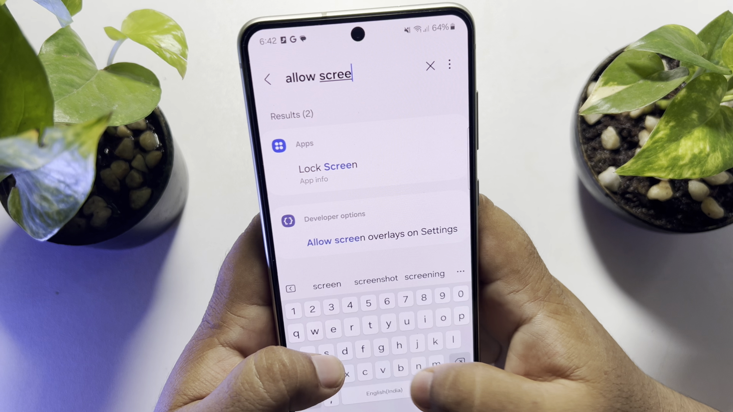First of all, on your Android phone, open Settings app and now scroll down and search for Developer, or you can use the search settings icon to find Developer option. All you have to do is just open Developer options, and here make sure to enable Developer option, and now tap on the search icon and here search for